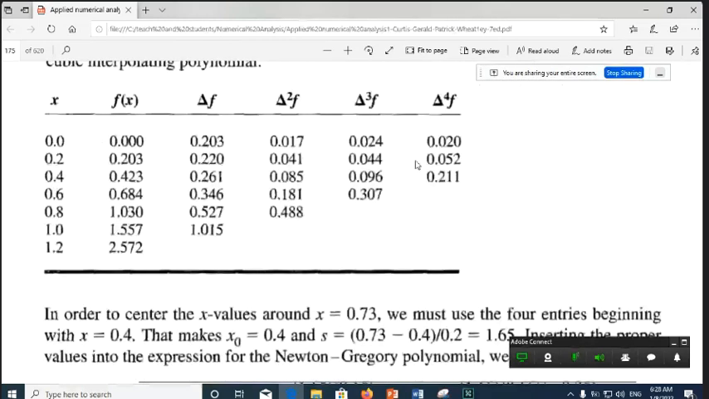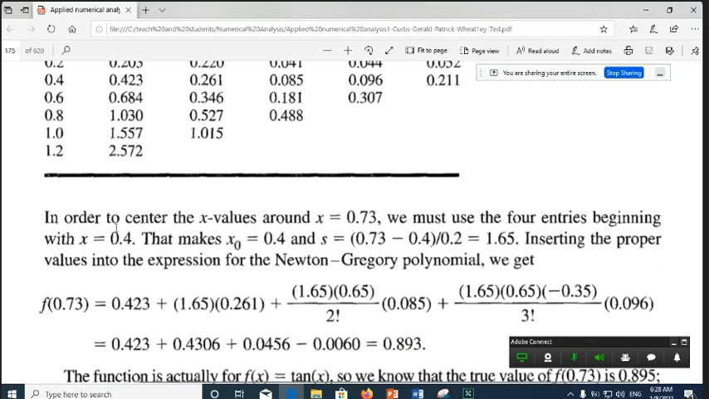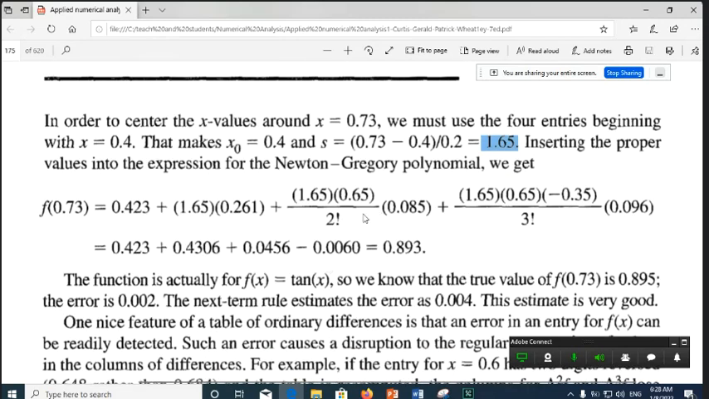Let me explain this example further. In order to center the x values around this point, we must use the four entries beginning with x equals 0.4, then make x0 this value. Inserting the proper values into the expression from the Newton-Gregory polynomial, we get this function f of this,